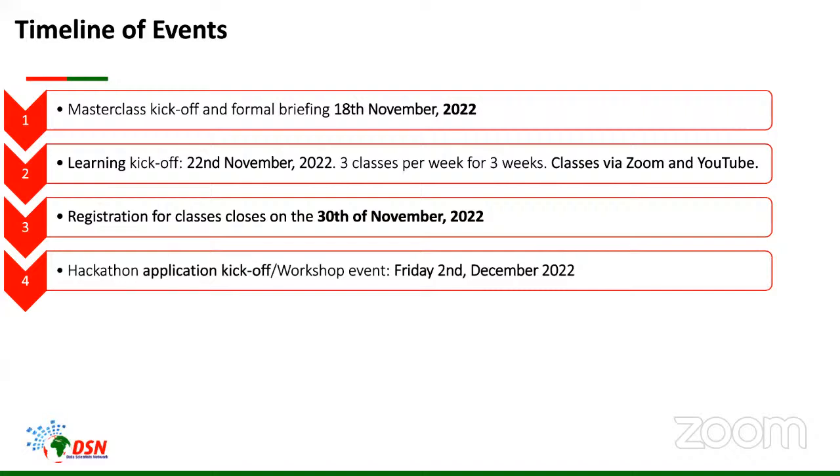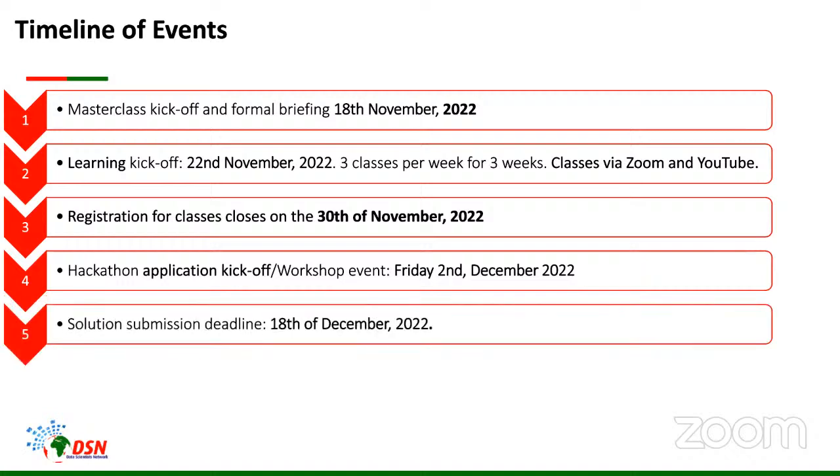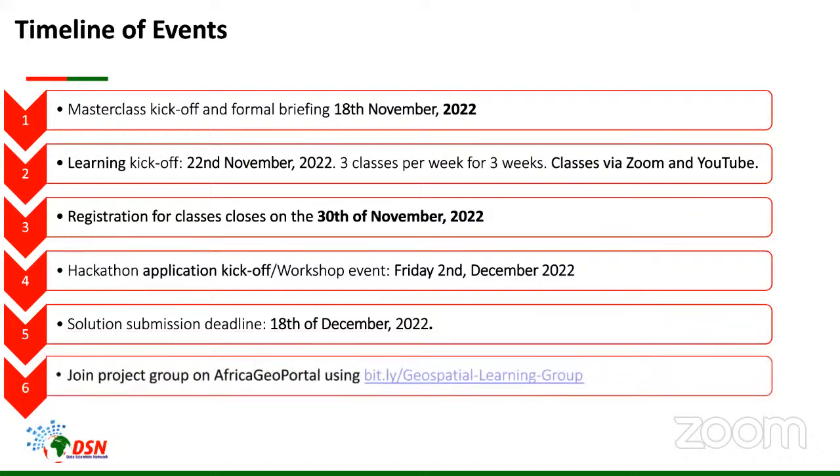The hackathon application kickoff and workshop events will start on Friday, 2nd December 2022. And the solution submission deadline remains 18th December. Please put this date at the back of your mind.